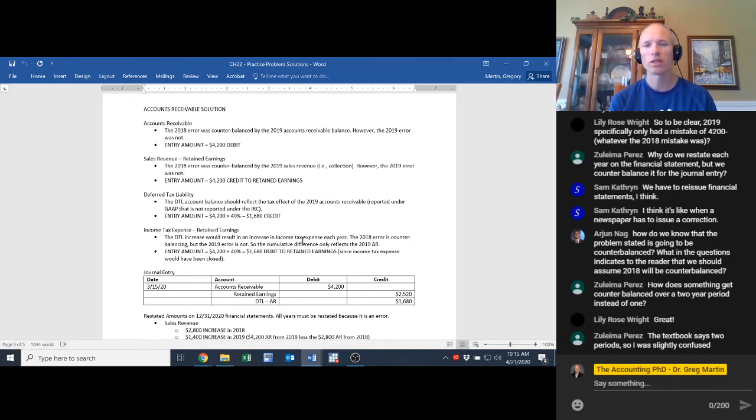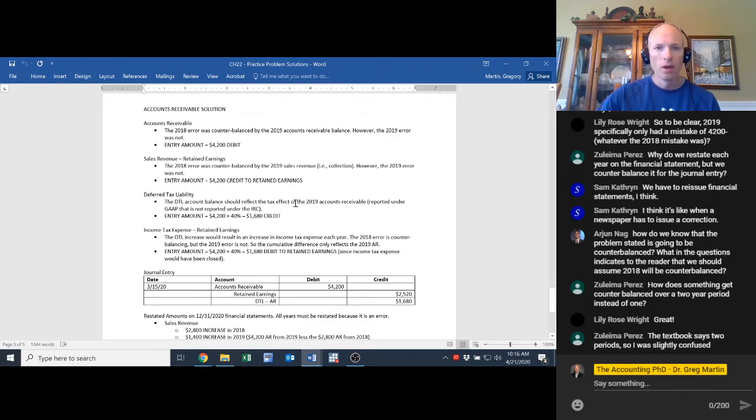Well, what they mean by 2 periods is, you have the period where there's a mistake, and then the subsequent period. So there are 2 periods that are wrong, but together they're right, if that makes any sense. So even in the case of the inventory, the cost of goods sold would have been corrected in the second year by doing a correct inventory count at the end of 2019. I think that's what they mean. So 2 periods: the period of the mistake, and then the second period to correct the mistake. All right, let's continue down.